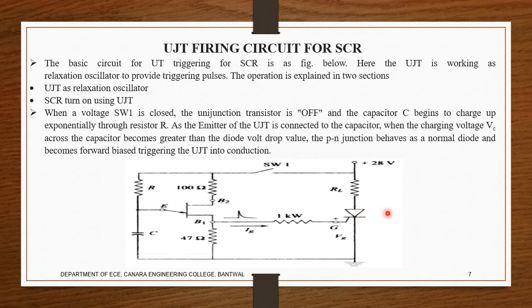Here one function is the relaxation oscillator, to generate a pulse with respect to the R and C values, as an oscillator with respect to some voltage provided to it. Another function is to turn an SCR on by providing a pulse to it. Here we can see it as a relaxation oscillator, creating a signal of some frequency which is required by the gate to trigger. It comes under the pulse triggering category.